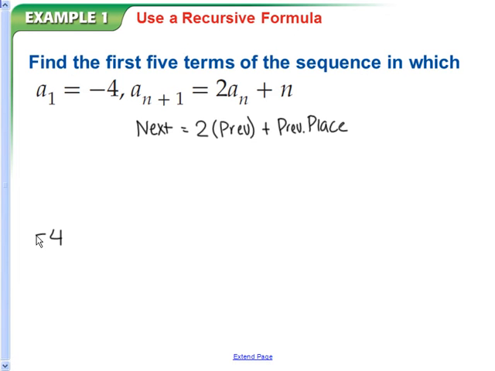Okay, so this one, I'm going to take 2 times my previous number plus the previous number's place. Well, this was the first one, so that's plus 1. So 2 times negative 4 plus 1, negative 7. Now I take 2 times my previous answer plus it was in second place, so plus 2,